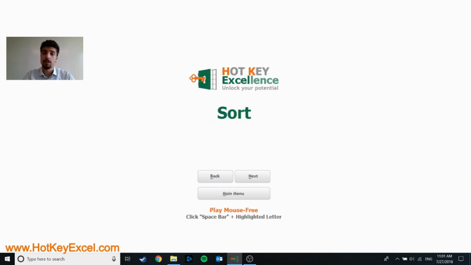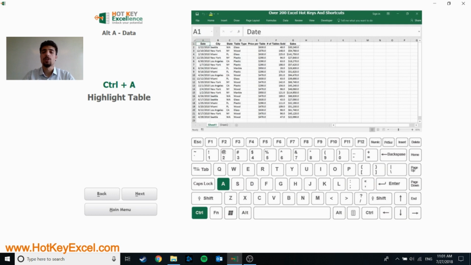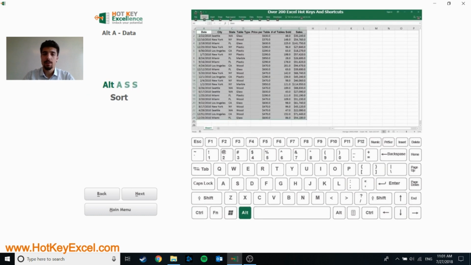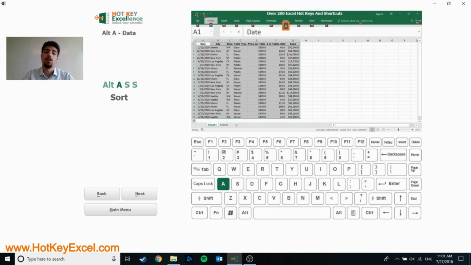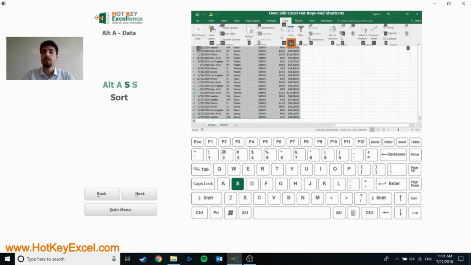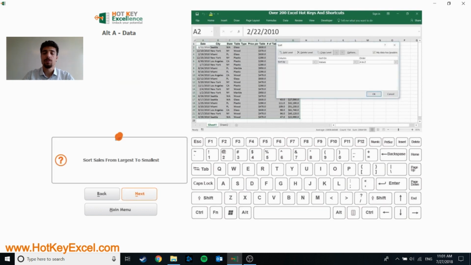How to sort data. To sort data, first you need to highlight the table where your data is. To do that, you need to press Ctrl and A. After you highlight your data, you need to go to the Data menu and select the sorting option. The shortcut is Alt A for opening the Data menu, and from here if you press S twice, it will open